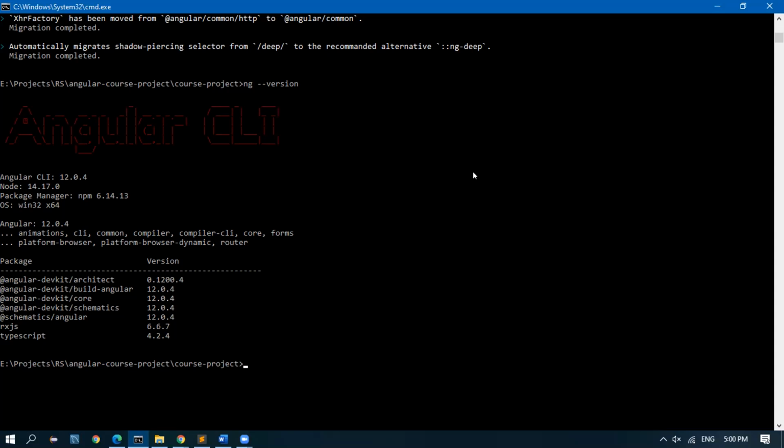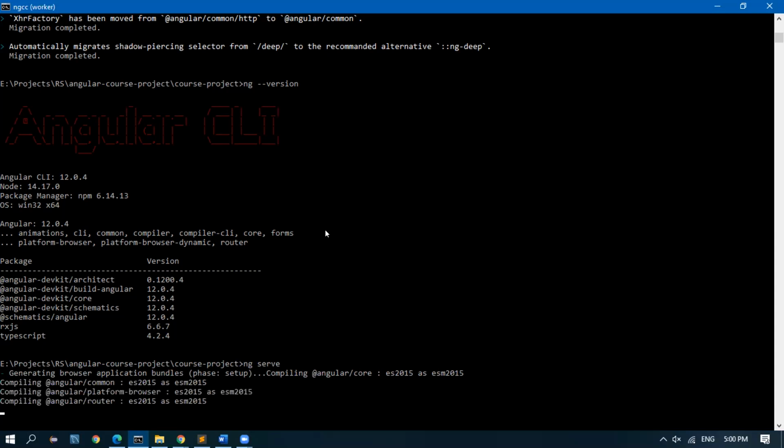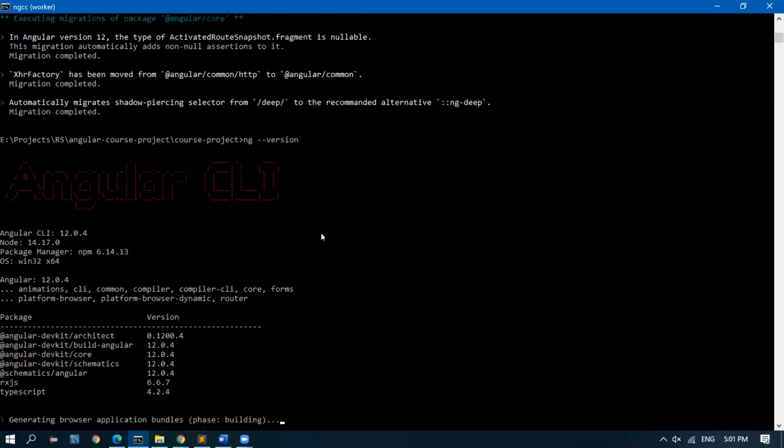Once this is done, I will go to ng serve and see if everything is looking good. If you didn't install the new one, it will take the old one. I updated the new one inside the folder, because I gave ng update.